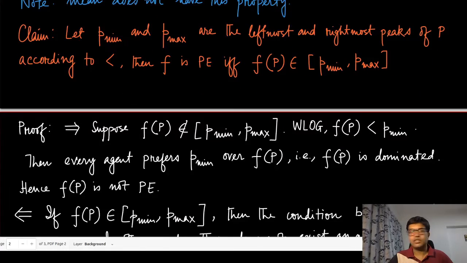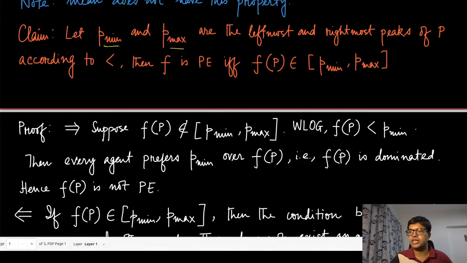So let us now go into a little further detail of these mechanisms, and let us look at the structure of Pareto efficient mechanisms. And here we have a claim. Let us imagine that P min and P max are the leftmost and the rightmost peaks, and again, by leftmost and rightmost